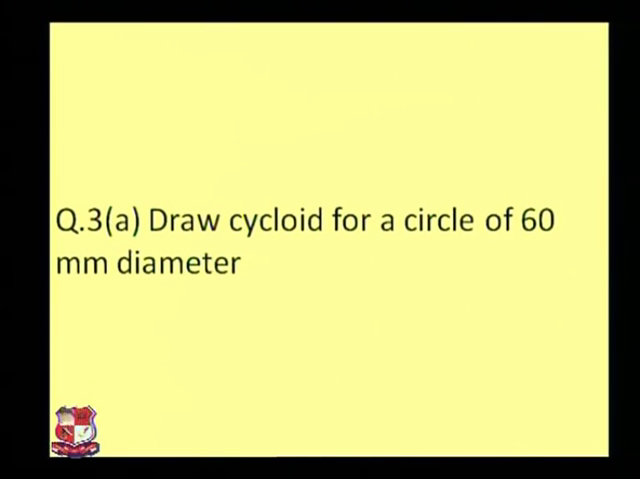The next problem is about drawing a cycloid for a circle of 60 mm diameter. Now cycloid is something where a circle is revolving for one revolution without slipping. Let's see, if a gear is rotating circularly